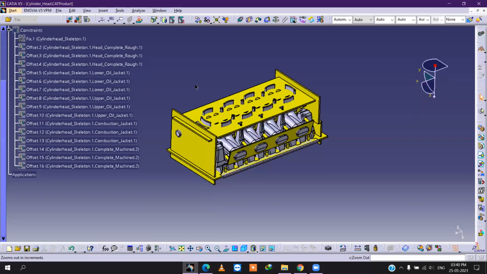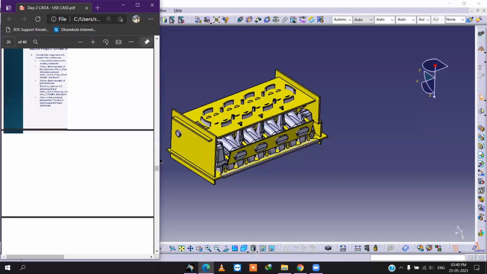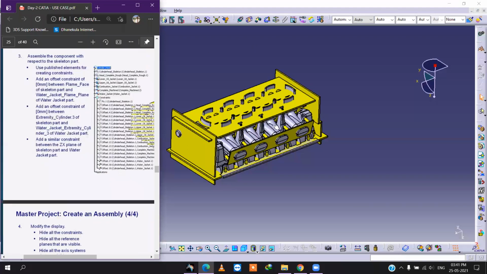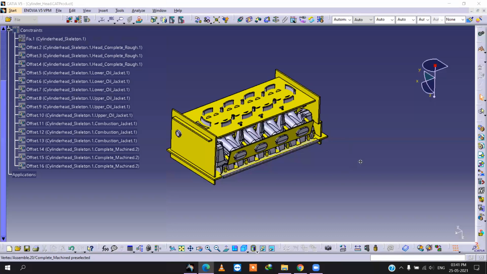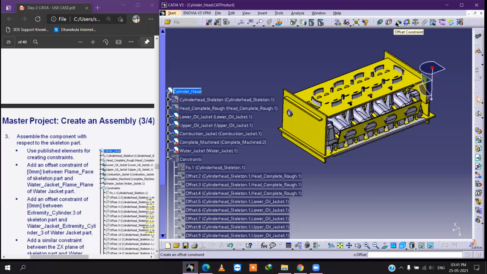We have to use the public elements for creating the constraint. First, we have to give offset constraint between frame plane face of skeleton part and water jacket frame plane of water jacket part. Okay, offset.